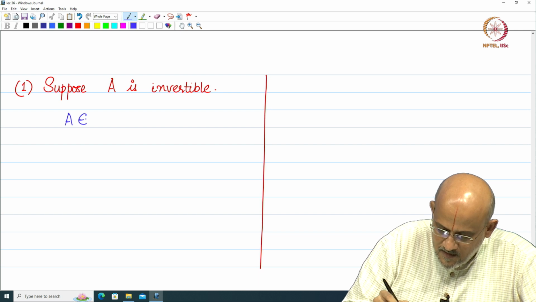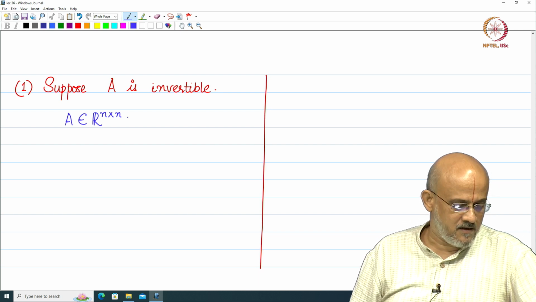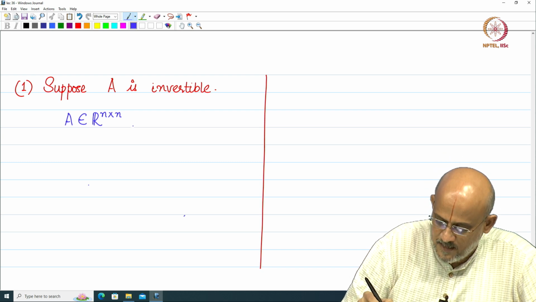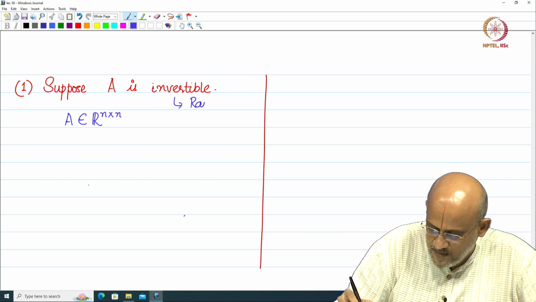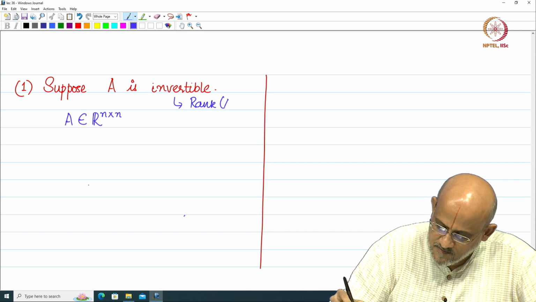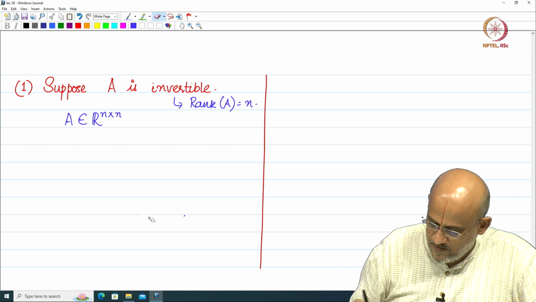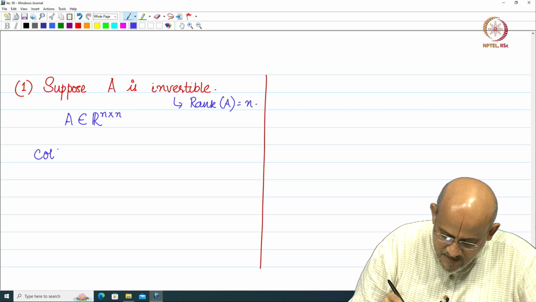So, we already know that the rank is n, these are all equivalent statements. So, you have rank of A is n. In which case what do we have? We have the column space of A is Rn itself,